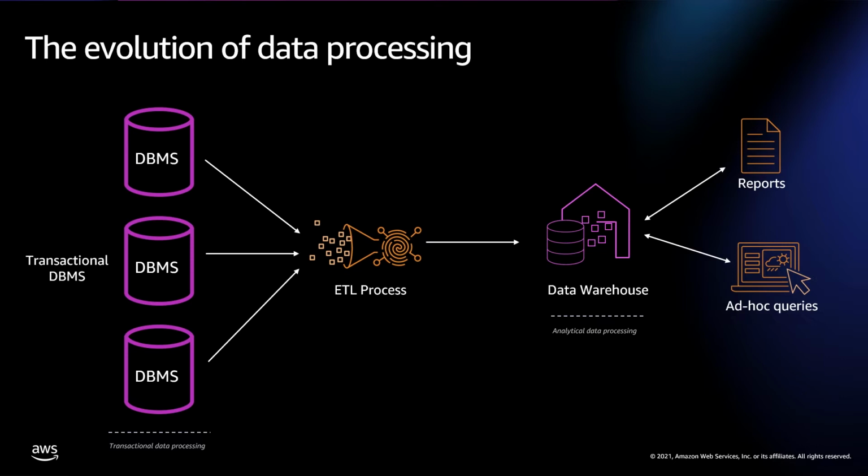So we have realized we have two high-level data processing patterns: transactional data processing and analytical data processing. We also realized there is no tool like a Swiss Army knife that can solve that problem. We need the right tool for the right job. So we started building processes to run transformation on those transactional data, which is famously known as the ETL process, so we can send those transactional data to a data warehouse to consume in an efficient way for analytical purposes.